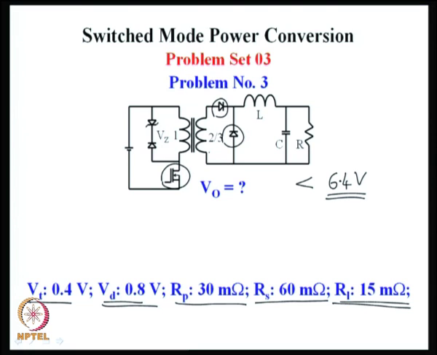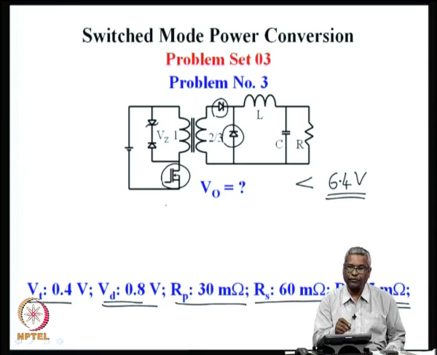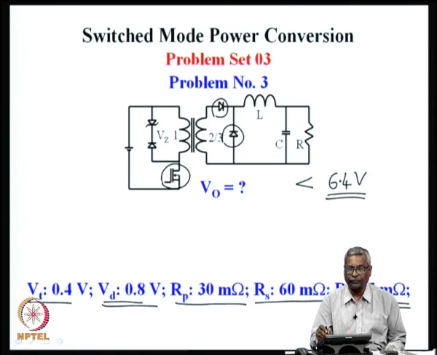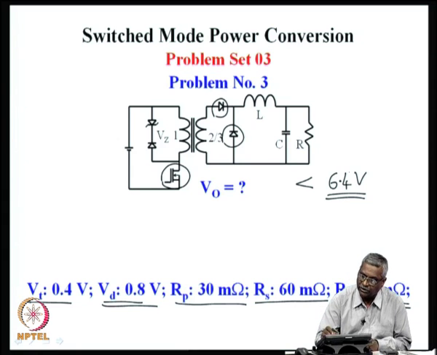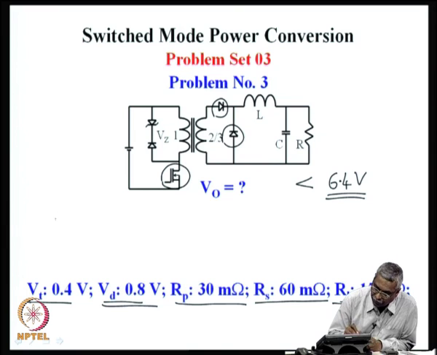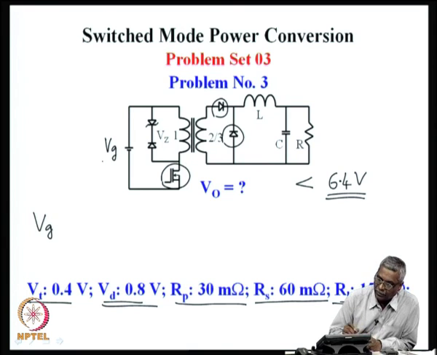How much less depends on these parasitic losses. It is possible to evaluate all these quantities following the same principle of volt second balance. So, what we will do is write the volt second balance for the entire circuit, apply all these numbers, and find out eventually how much this voltage differs from 6.4 volts. For example, if you call this Vg, the input voltage, from that